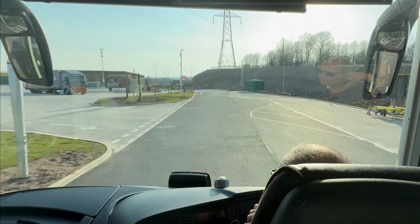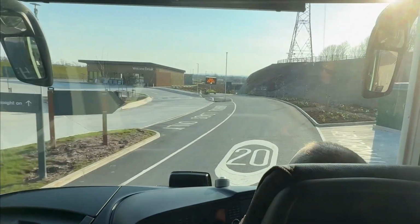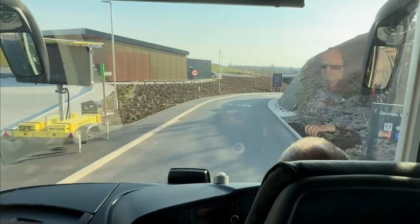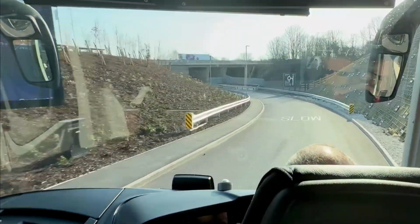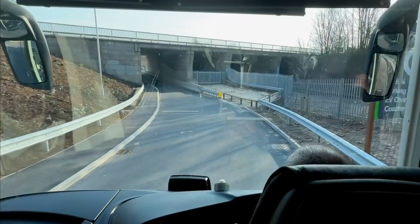the building there is fairly small. Obviously I didn't get to stop in that bit, so someone can tell me what's in there, but I can't imagine it's much more than just a shop, and toilets and a couple of bits. So very small. And then you carry on round and you go around and under the motorway through this unnecessarily